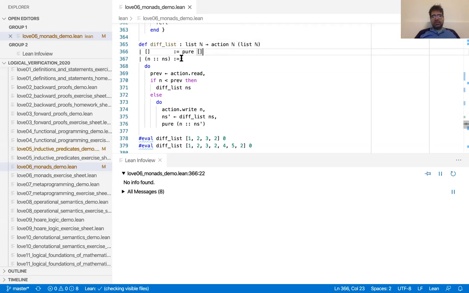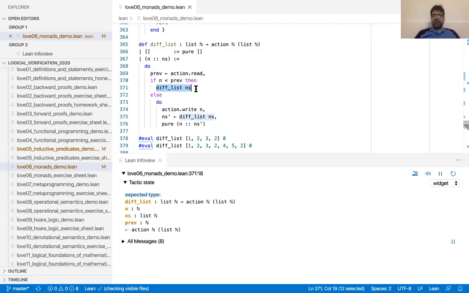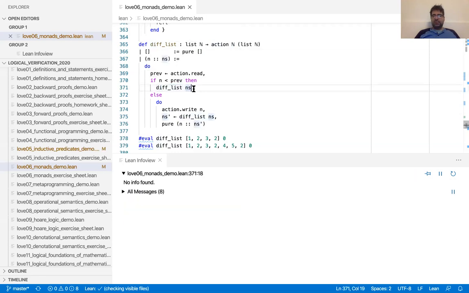If it's a cons, then you read the state, right? Which is this value, which is 0 initially, this variable we have. That's the previous highest value. And if n, the head of the cons, is less than prev, then we want to skip that value and we continue recursively with the rest of the list, ns. Right, which is a famous train company, I'm told. Else,